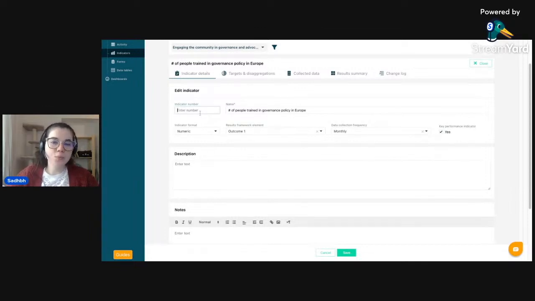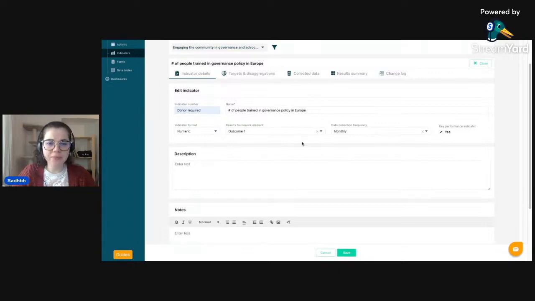Now over here, we have the indicator number. This can be used to organize indicators by number, of course, or sometimes I actually like to use it for different purposes, such as maybe writing down whether this is a specific donor required indicator, or whether it's just an internal indicator that we like to use. So I input, I think I have it here, donor required. This will appear on the list, and then it's a useful bit of info for me to understand how to